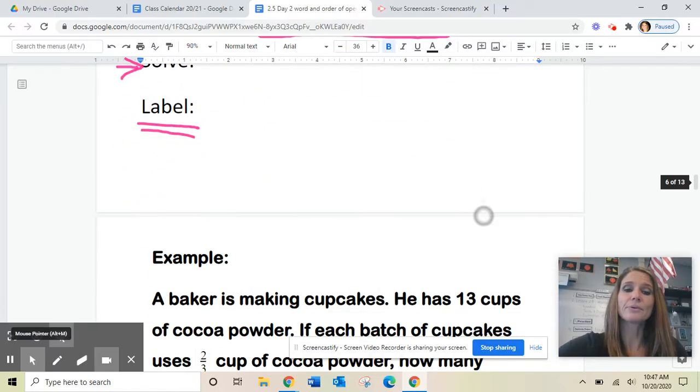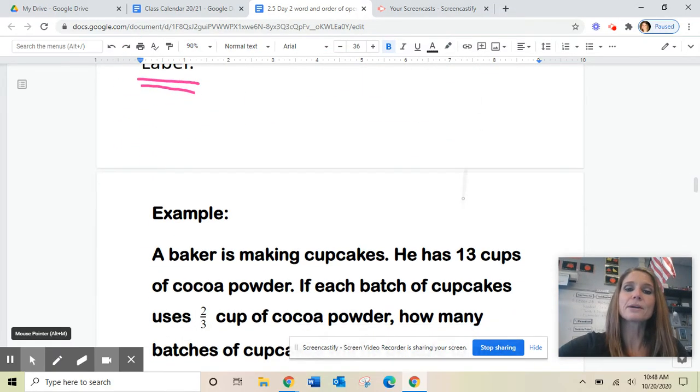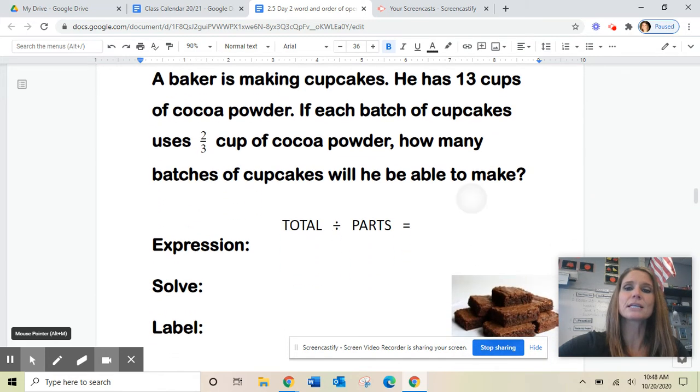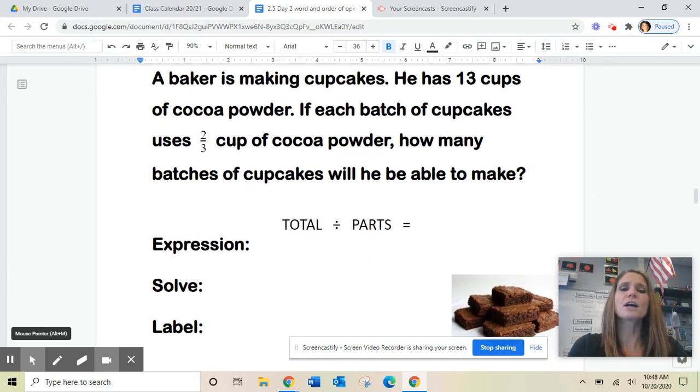So I'll show you an example here first. There's a baker who happens to be making cupcakes or some kind of kitchen treat. They start off with 13 cups of cocoa powder. Now, the batches of cupcakes use 2/3 cup of cocoa powder each. We wonder how many batches of these cupcakes this baker can make before he runs out of cocoa powder and